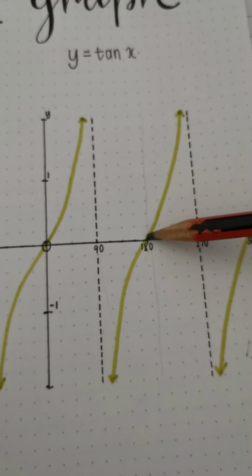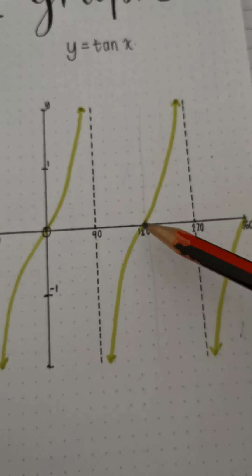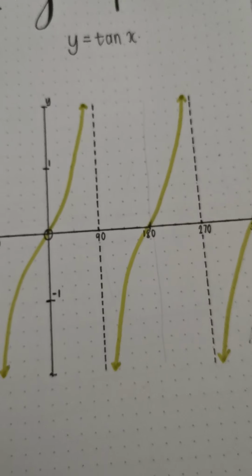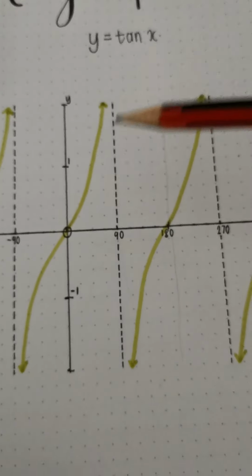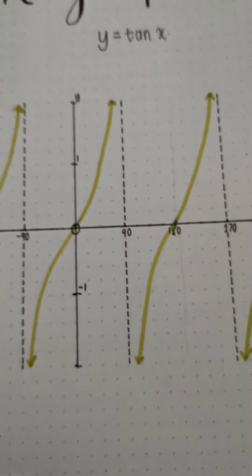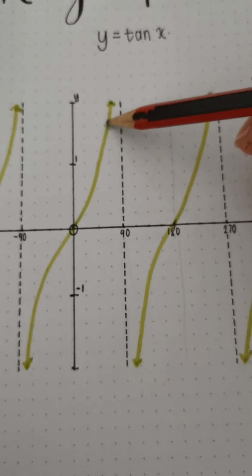Positive for first quadrant, second for negative. I also told you that you could possibly do third and fourth quadrant, but you're just going to repeat yourself. It's the same solution. Let's just see that it is the same solution. Let's say I asked you for a value over here, right? If I asked you